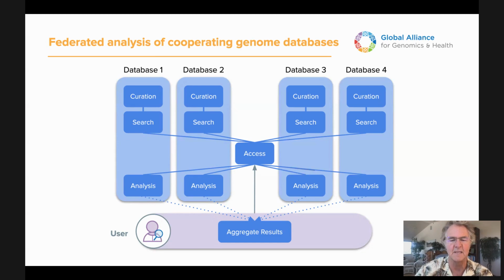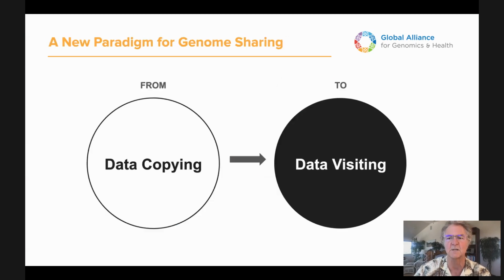The program is vetted not to violate the consents and appropriate use that have been agreed on, and then that program, which moves from database to database, aggregates results for you. So we're thinking about this as a new paradigm for data sharing, moving away from data copying to data visiting. And this is extremely important. As was mentioned, you can't move a petabyte of data anyhow.